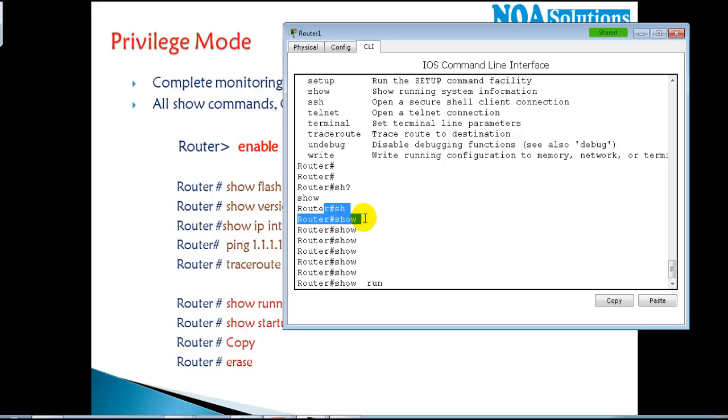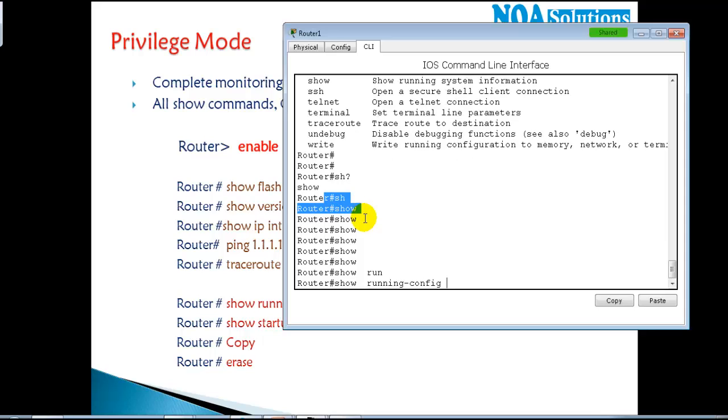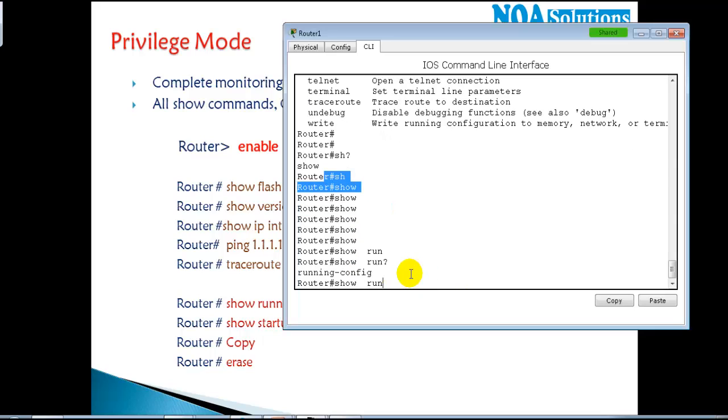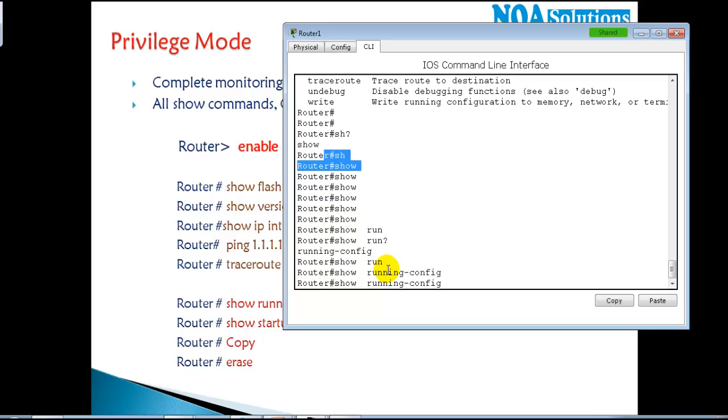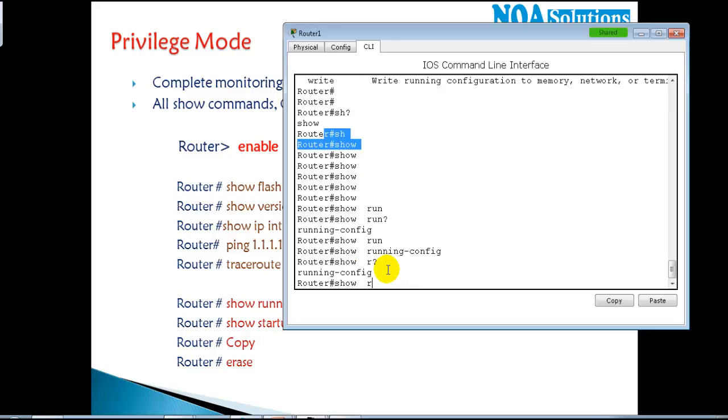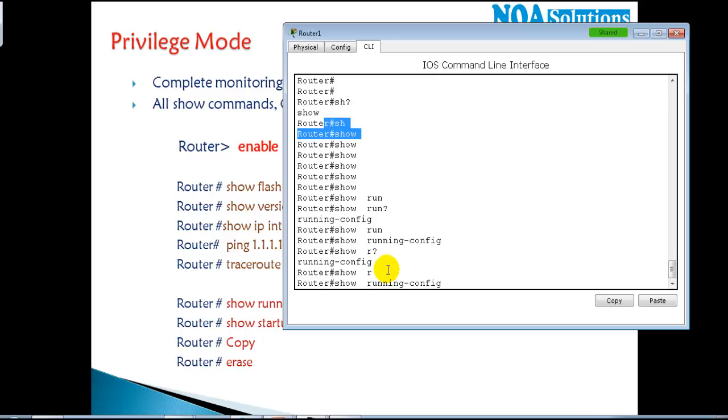And then if I say show run and tab, it will auto complete the command, because if you say show run, there is no other command that starts with run after that. So there's only one command, so the device will automatically understand that you are supposed to type run, and it will auto complete it. But when I say show R question mark, it will not, I think it's taking here anyway.